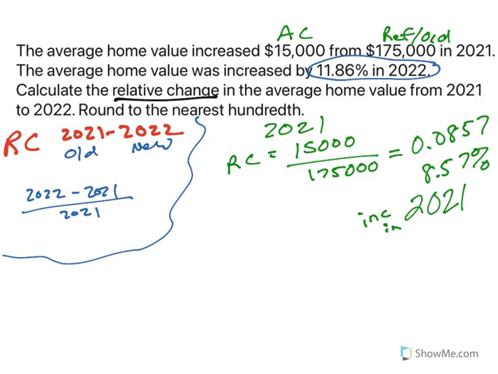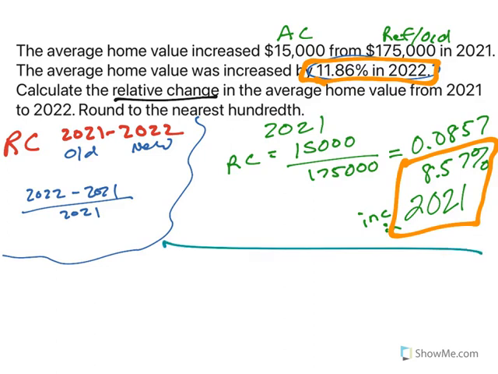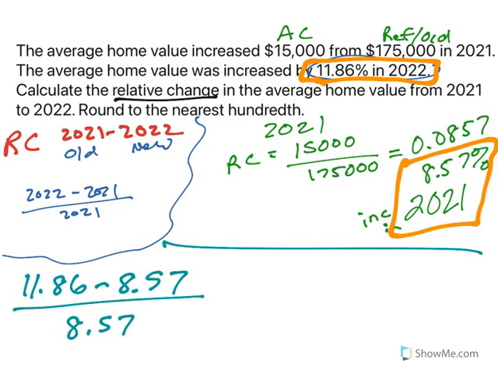Now I have a percentage for 2021 and a percentage for 2022. So now I can find the relative change. The value for 2022 is 11.86%, minus the value for 2021, that's 8.57%, and divide by the old. When I do that, I end up with 0.3839, which is roughly